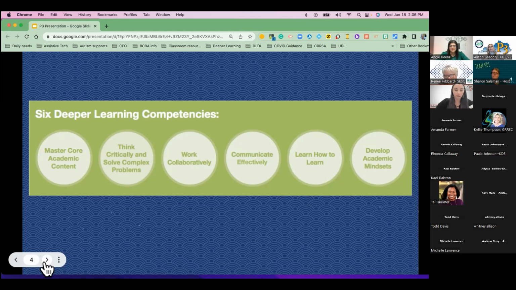I want you to think about the classrooms that you observe in your building, the teaching practices that you see, and the way students are asked to engage during instruction. Think about the questioning strategies that are in place in those classrooms. Are you seeing a variety of questioning styles, such as asking students to give evidence for their responses? Or is the majority of the questions teachers are asking simply those recall questions?